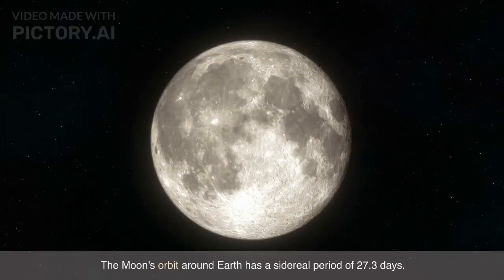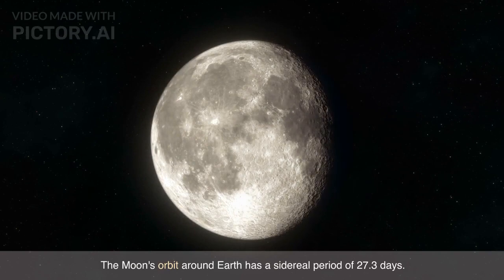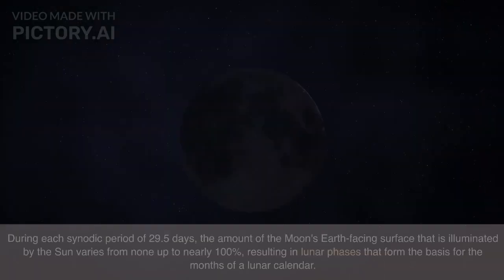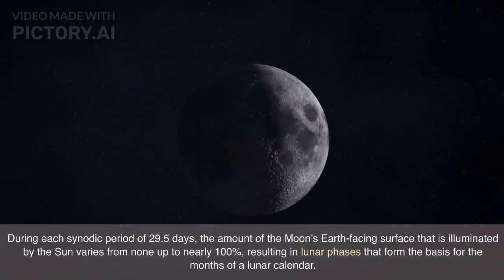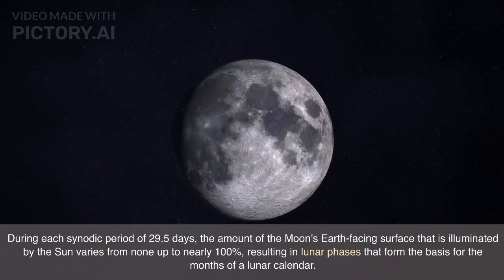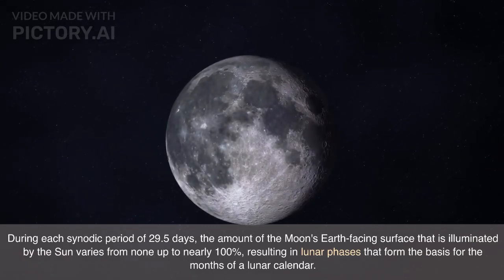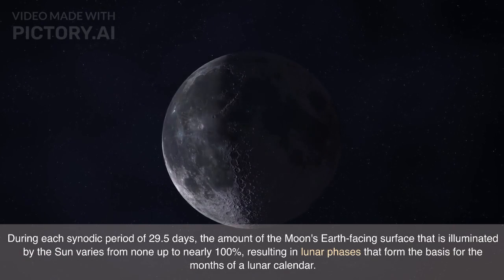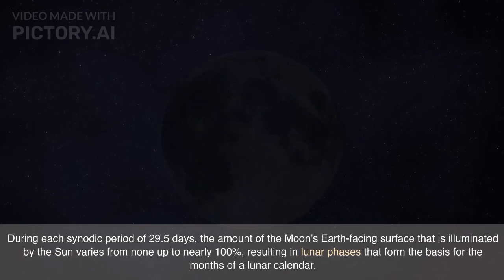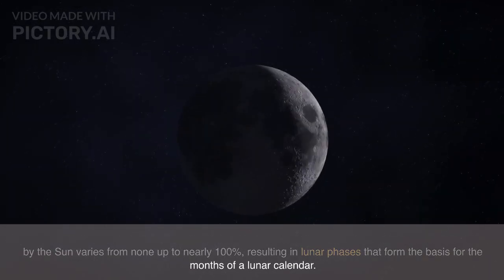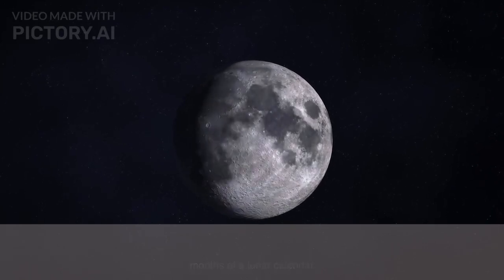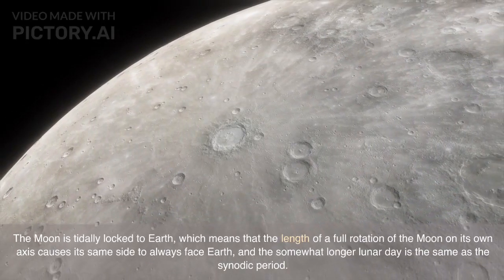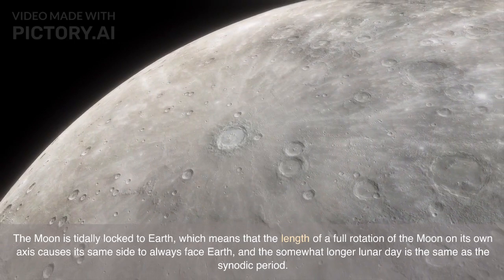The Moon's orbit around Earth has a sidereal period of 27.3 days. During each synodic period of 29.5 days, the amount of the Moon's Earth-facing surface that is illuminated by the Sun varies from none up to nearly 100%, resulting in lunar phases that form the basis for the months of a lunar calendar. The Moon is tidally locked to Earth, which means that the length of a full rotation of the